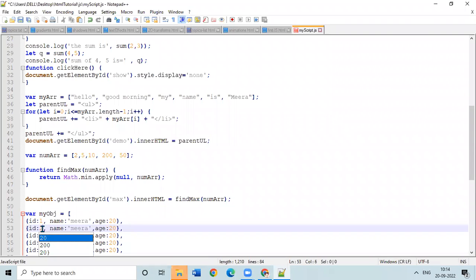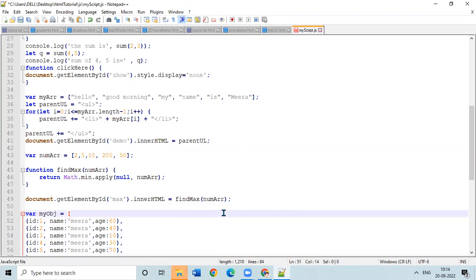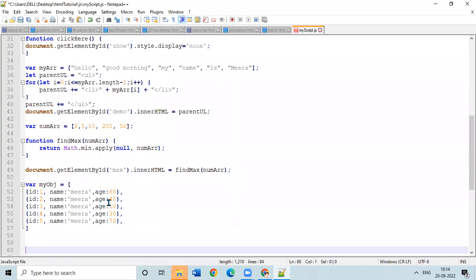And here I'm updating the values, id2, id3, id4, id5. Okay, here I'm updating 30 or 40. Here I'm giving 60. Randomly I'm giving 10, 30 and 70. Okay, now I want to sort this array. I want to sort this array by age. So which is the minimum age here? So this one. So I am updating the variable values as well,